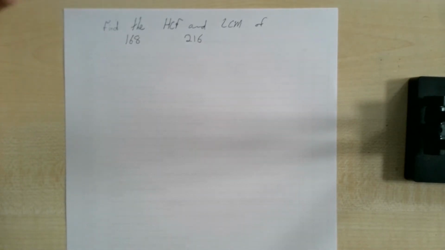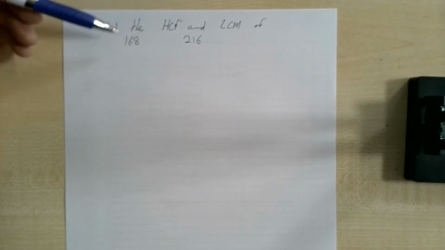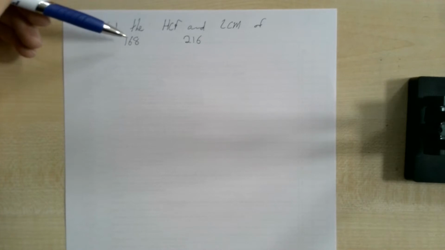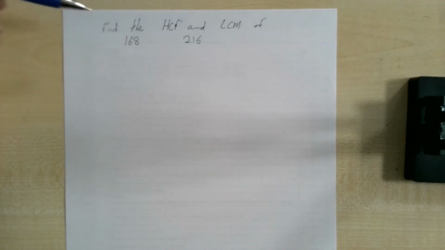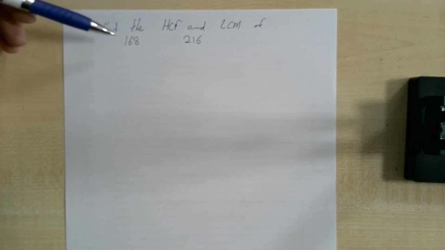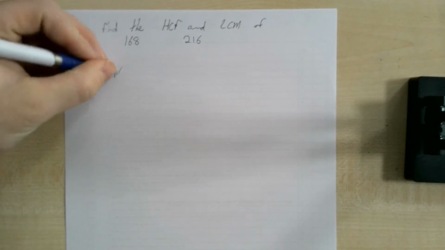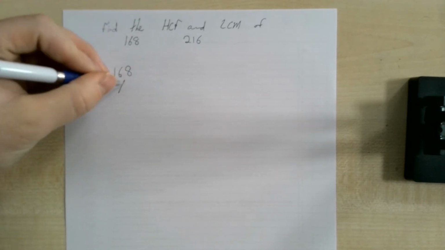In this video we're going to look at finding the HCF and LCM of two numbers, two very large numbers. It will involve using prime factorisation, so make sure that you are familiar with prime factorisation before doing this. To start off, we're going to go with 168 and we're going to find